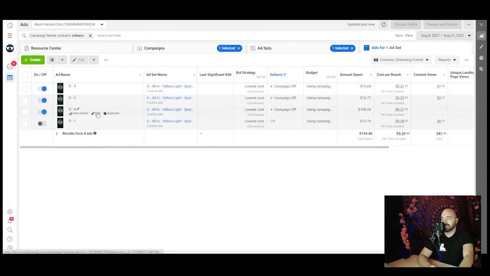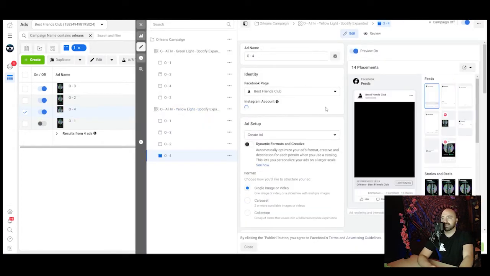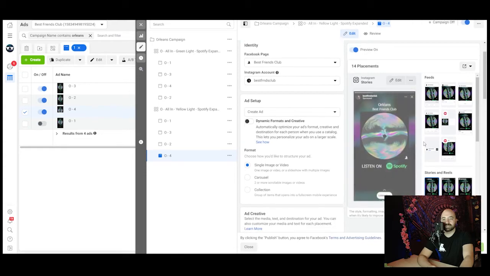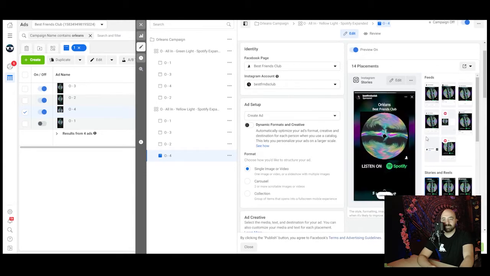And to take a look into one of these ads, this is what the ad looks like over here, as you can see. I'm going to go ahead and click this. I don't know if you can hear that, but it's just a place in the song. It's the artwork spinning. It says listen on Spotify, whatever. And then if you see it on the stories, it's the same thing, but it has the swipe up thing,